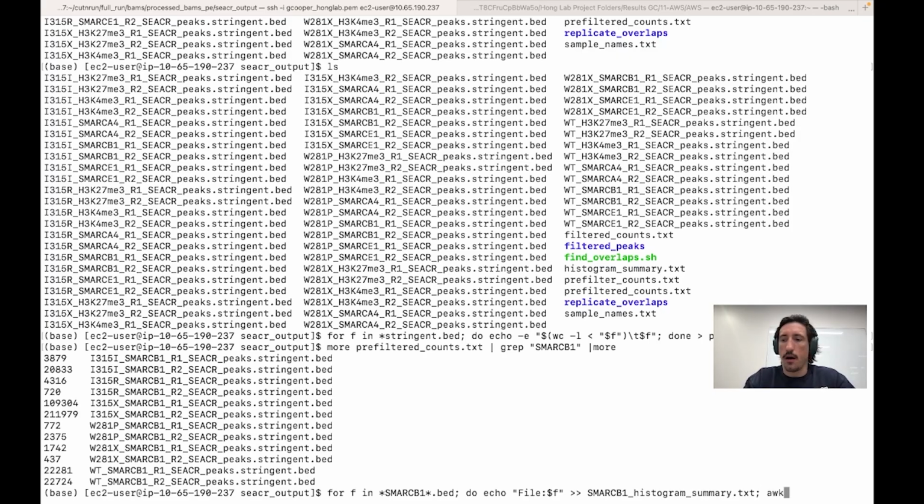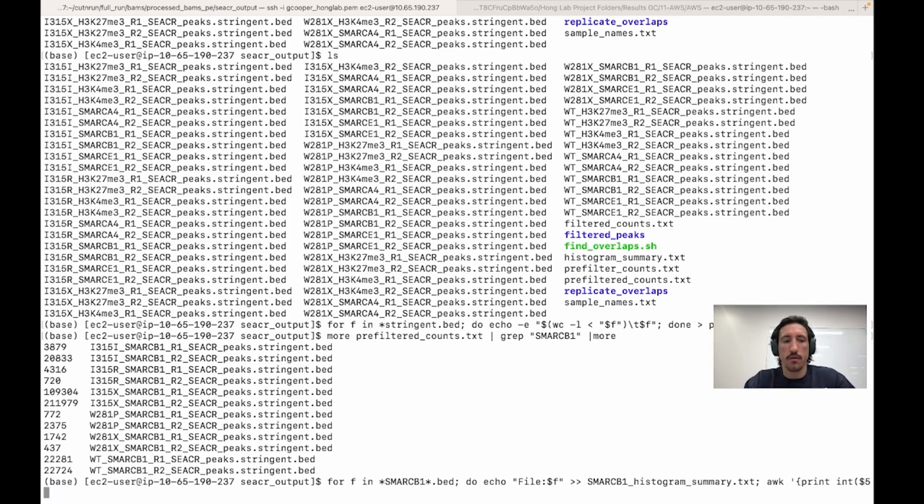And now we're going to use an awk command to perform this division and assign it to an integer in terms of bins. So I'm just going to set up my awk command here. I'm going to print the 5th column and divide it by 5 and take the nearest integer. So int, column 5, which is where the signal value is, divide it by 5. And then we're just going to multiply that by 5. And then we'll close that off